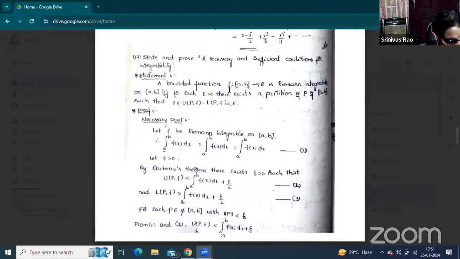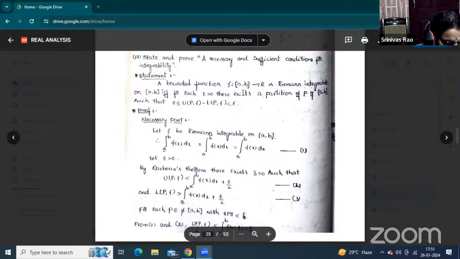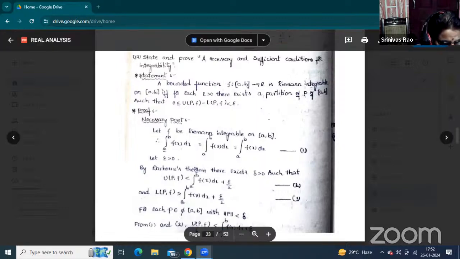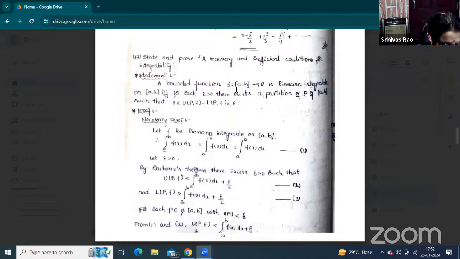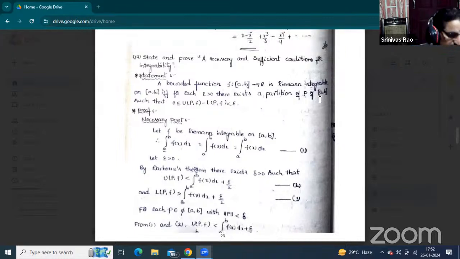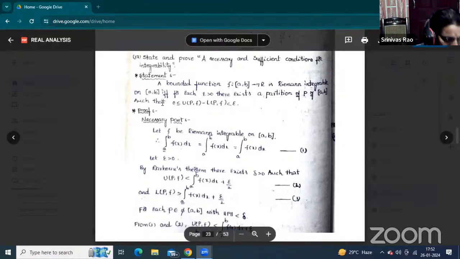What is the bounded function? Here f be any bounded function. Function must be bounded means that the interval on the real line must be closed. So R be the real line. This is the real line. The interval's initial point is A and terminal point is B. So that's why here the function is f from interval AB to capital R. So here the function defined from interval AB to capital R is Riemann integrable on closed interval AB.